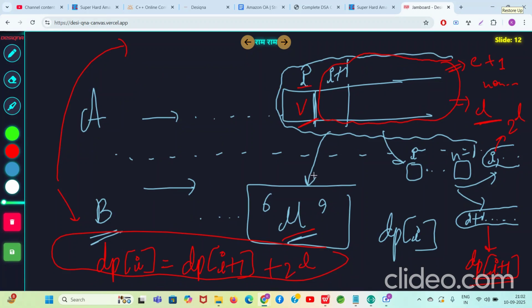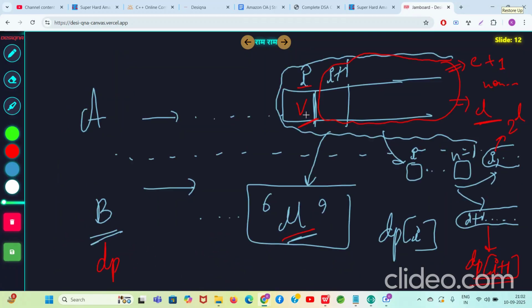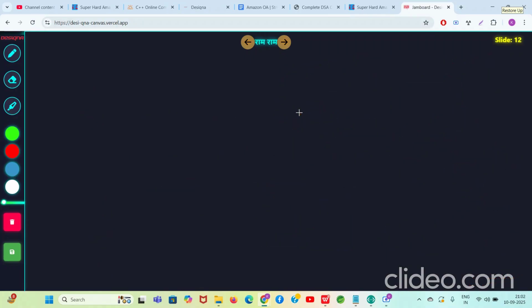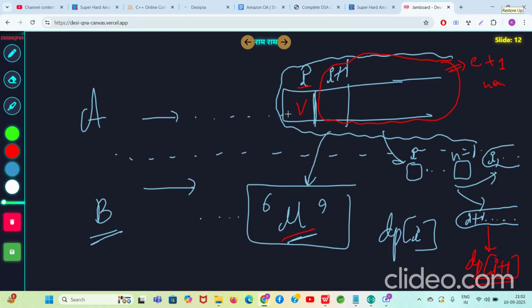Another, the last case, is what if it is U only? Instead of UV, it is U only, same. Now you need to be a little careful, okay? Obviously the subsequences are getting created by two parts. One part is this I plus 1 part, which is always there, dp[i+1]. Another is all the subsequences where U is forcefully included. Because U is forcefully included,